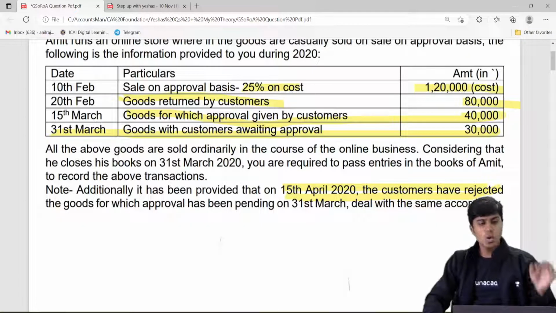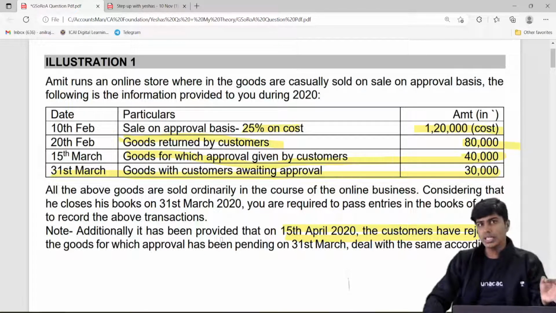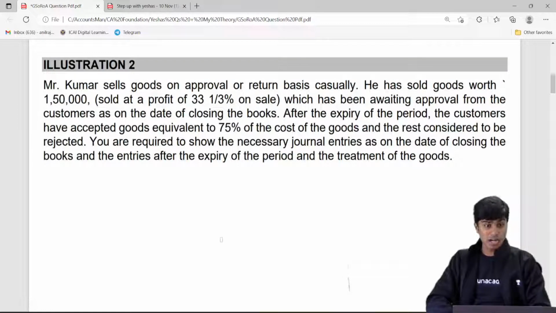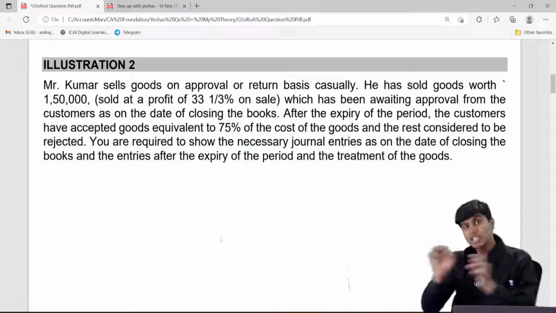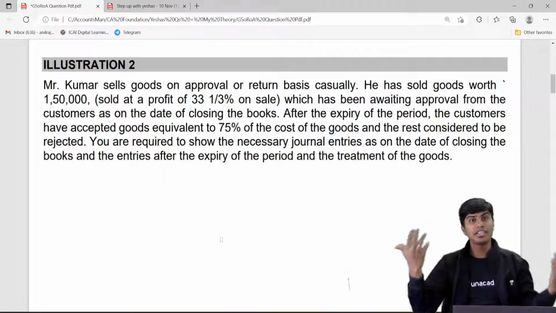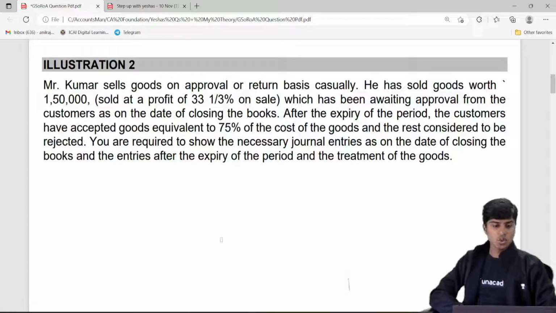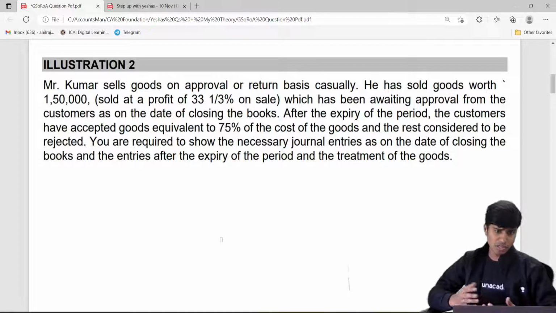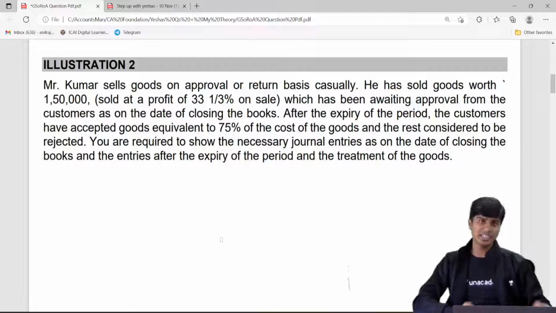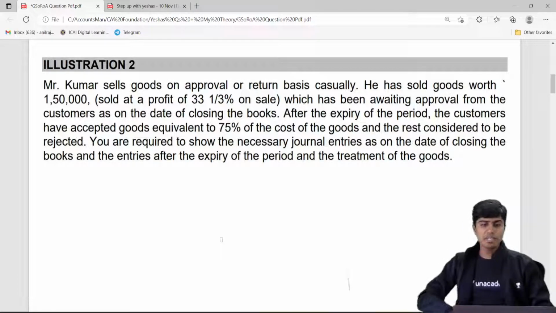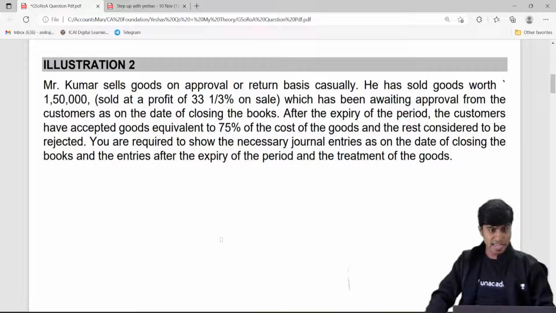Great. Let's now quickly, very slowly get into question number two. Mr. Kumar sells goods on return or approval basis casually. Again, whenever you say casually, we would record it as a normal or ordinary sale transaction. He has sold goods worth 1,50,000 at a profit of 33 1/3% on sale, which is 33.33% on sale, awaiting approval from customers as on the date of